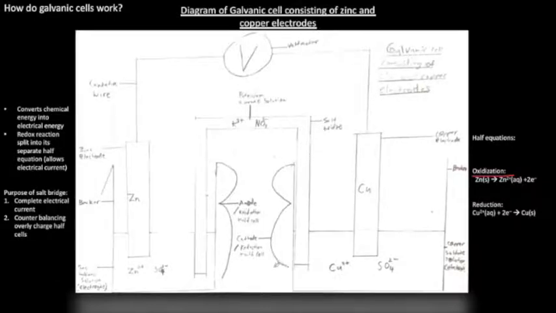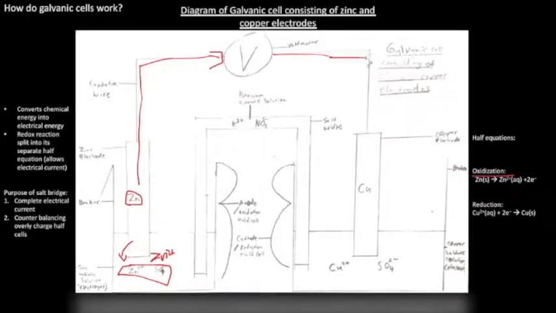So this is, let's say, the electron's journey. The zinc here will react with the zinc sulfate, the half reaction. So it's going to actually form more zinc ions. Whilst it does that, 2 electrons are released, and they go up through here, through the wire,